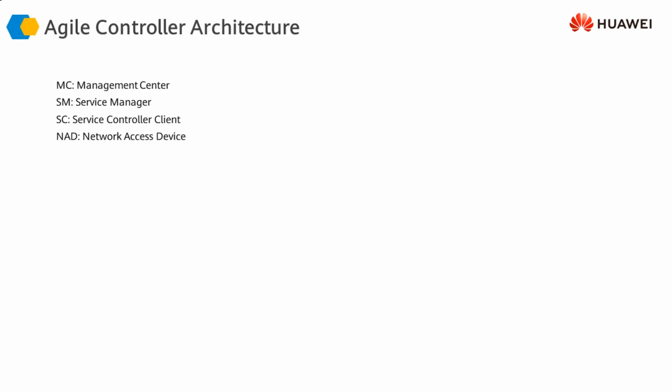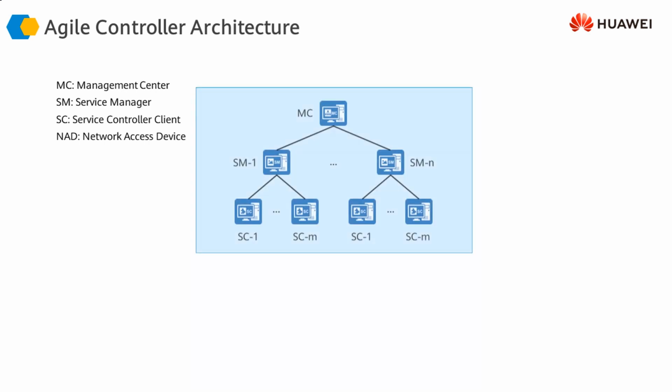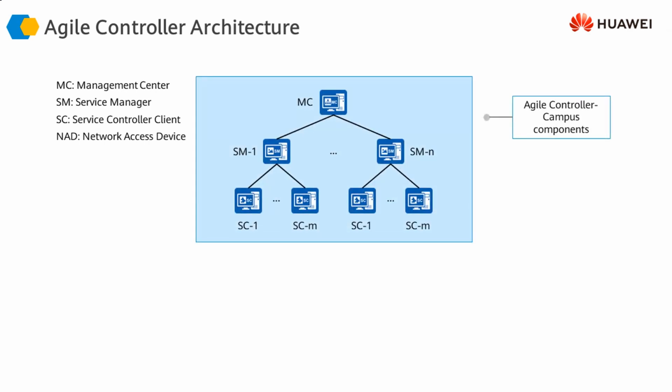If you look at the architecture of Agile Controller, this is the Agile Controller. It consists of 3 components. This is the service controller, which is a must-have component, then the service manager. If you have multiple service controllers and you want to push policies to them centrally, you can have a service manager as well. And if it's a large organization with distributed deployment where multiple service managers are controlling multiple service controllers, we can have a centralized management center as well, which can control the entire infrastructure.